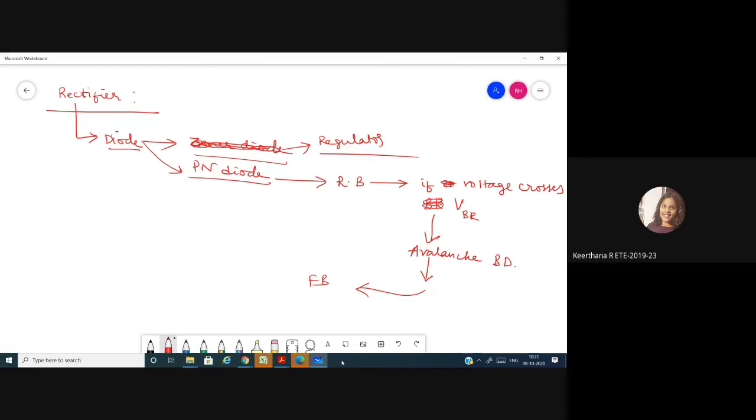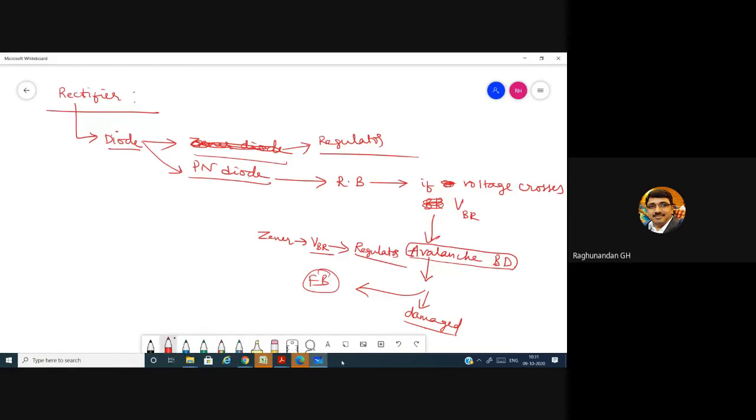We cannot make it forward biased because it gets damaged. Once avalanche breakdown occurs, a normal diode gets damaged. But in a Zener diode, that is a specialty. We make the diode reach this breakdown region, and we use that feature